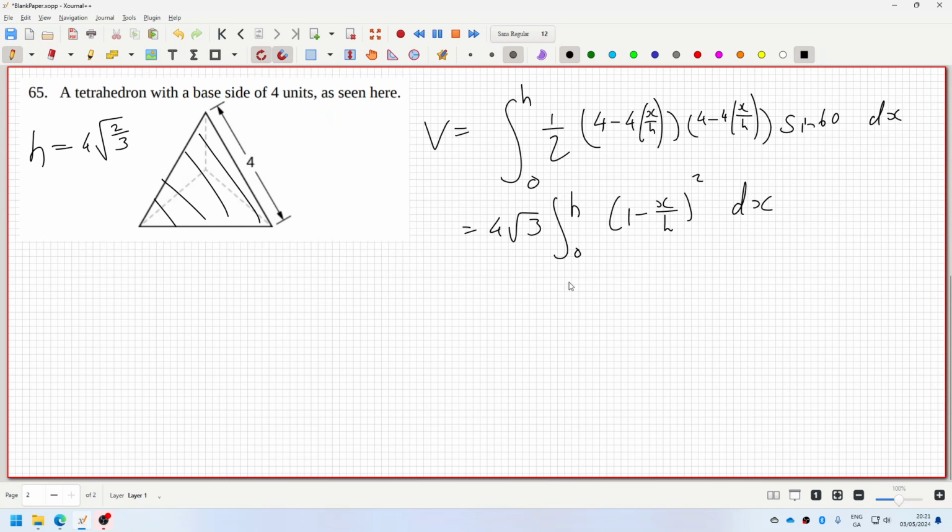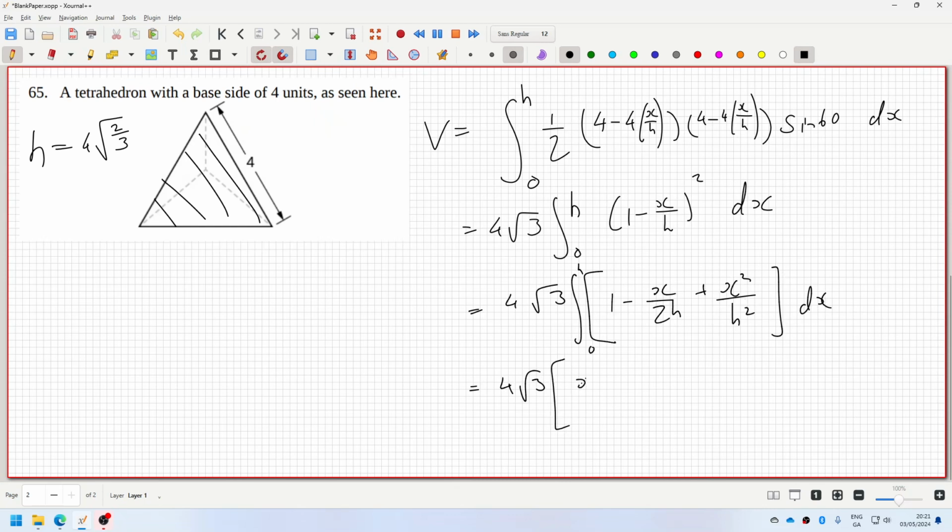So that's 4 root 3, integrate from 0 to h, 1 minus x over 2h plus x squared over h squared dx. So that would be 4 root 3 times x minus x squared over 4h plus x cubed over 3h squared,